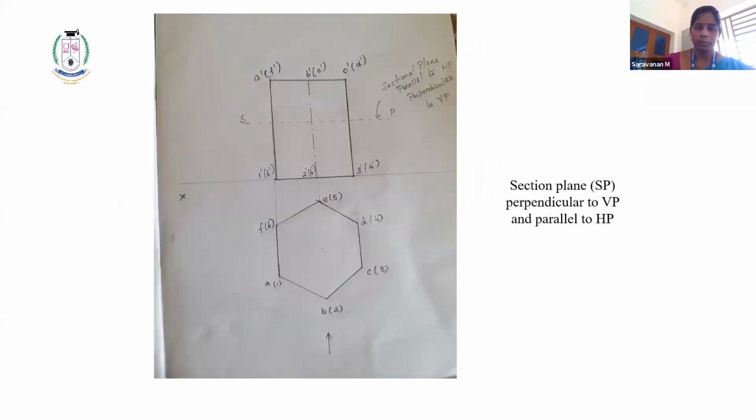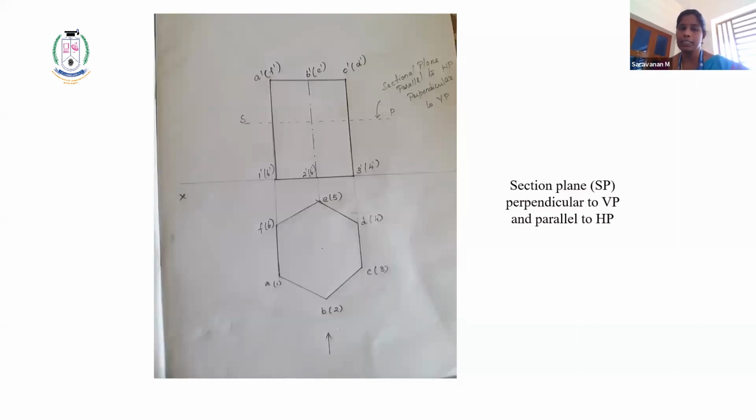Okay. So for your understanding, here I have shown how the sectional plane will look in the solids while projecting a top view and front view. So the top one, here the first condition is sectional plane perpendicular to VP and parallel to HP. Remember, sectional plane perpendicular to VP and parallel to HP means the sectional plane will be shown on the front view. That's what I have shown here. The top one, the prism height will be shown in the front view.